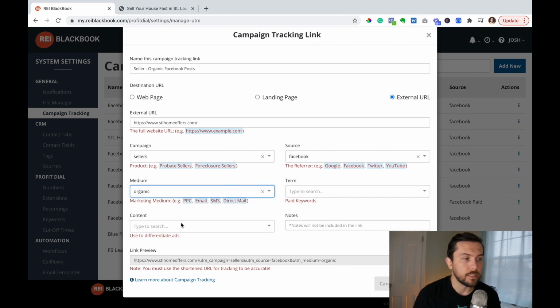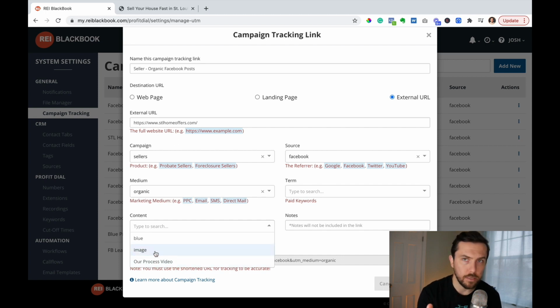And then you've got things like term and content. So these aren't probably needed for this particular traffic source because you could be using them with different types of organic posts. Now, what you could do is if this was a Facebook ad or a Google pay-per-click ad, you could type in the keywords that you're using, or you could type in, you could see here, this might be a video view ad if you're doing Facebook, and then the content you could actually put like the ad ID in there. This is getting a little more advanced. Or you could say that this is the Our Process video. Maybe it's a specific type of video ad that you're running. All right, so we don't have to do that for this particular campaign though.